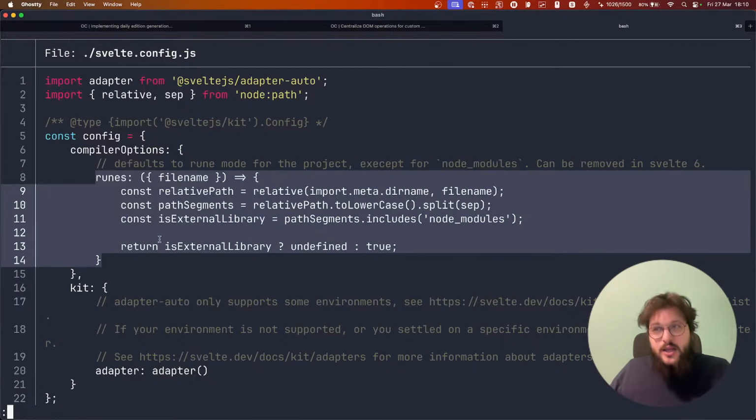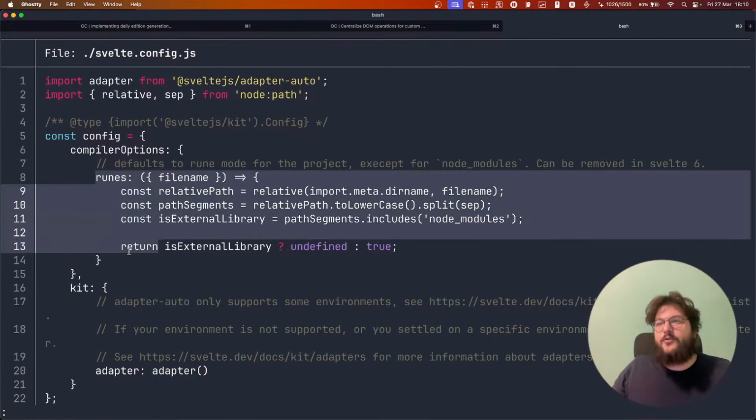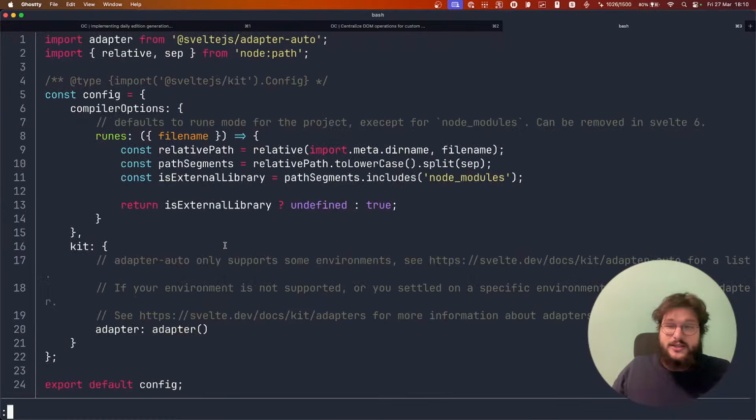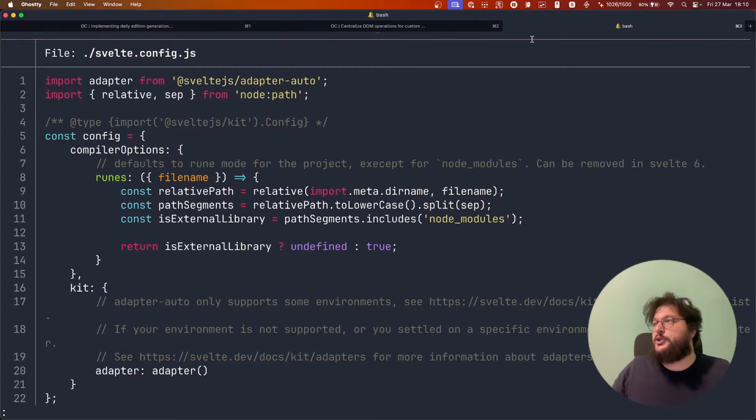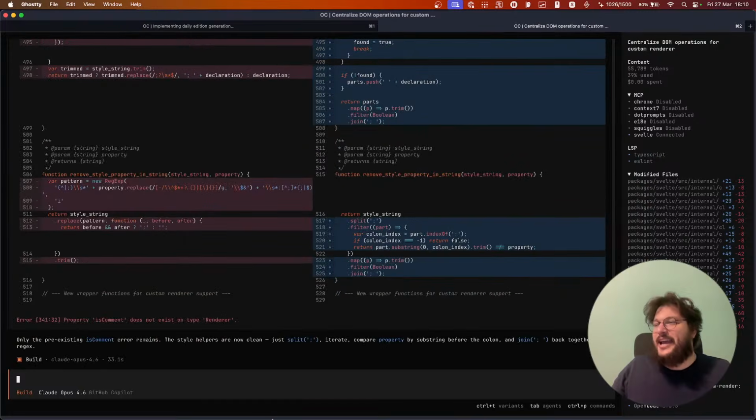But this will make sure that your code will be expecting runes. Now obviously, this is just the generation, so you can just change it if you want to use legacy mode. But I think at this point, enough time has passed that most of your projects will actually use runes mode, especially new ones. And so this is a nice touch that will try to bring more people to the runes world, and then they will love it, and then they will continue to use it.